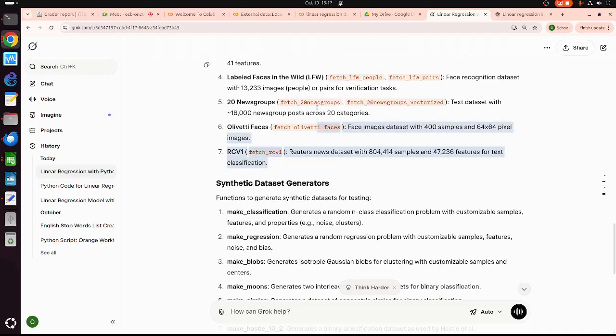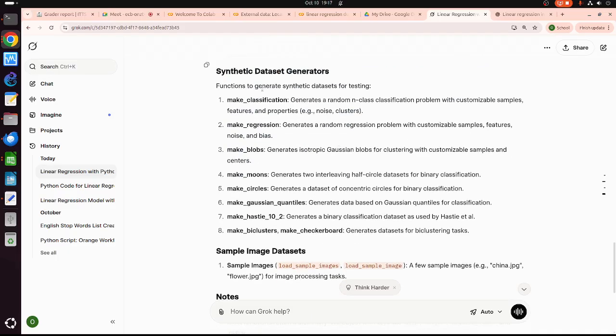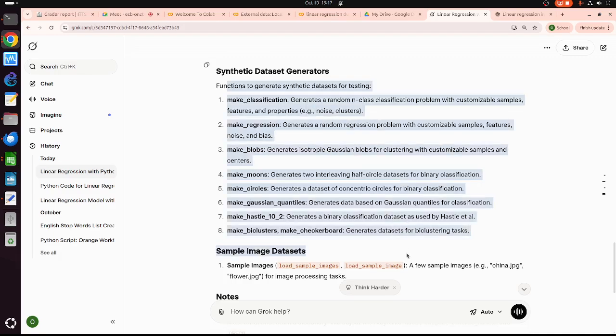So this one is more serious. Wow. Oh, I didn't know this. So we can generate data sets to make classification, regression, blobs, moons. Interesting. So this is interesting. I didn't know about these things.